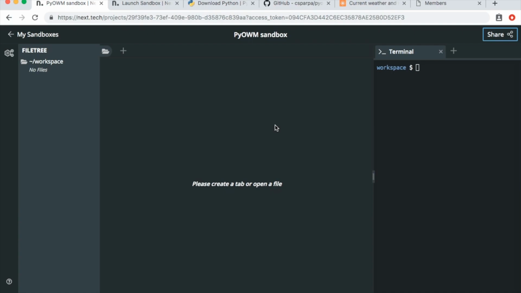We're going to learn how to get weather data. We're going to learn how to get the temperature, wind speed, humidity, and the weather status. I'm going to be recording this video using a Linux programming environment on Nextech. If you want to follow along on Nextech, just go to